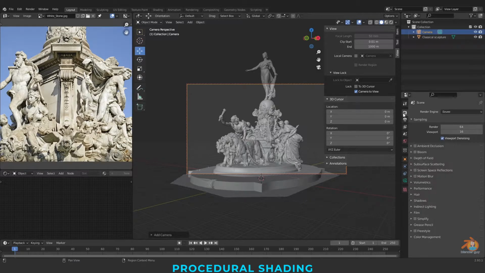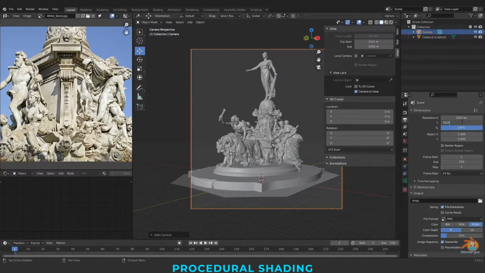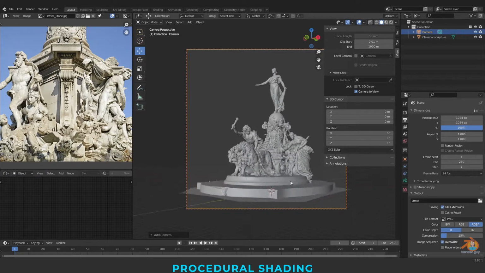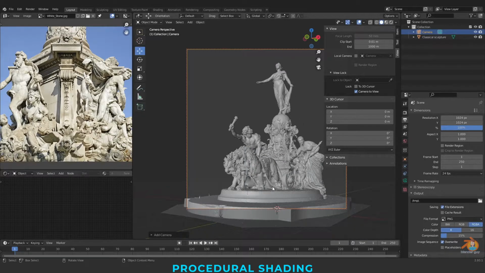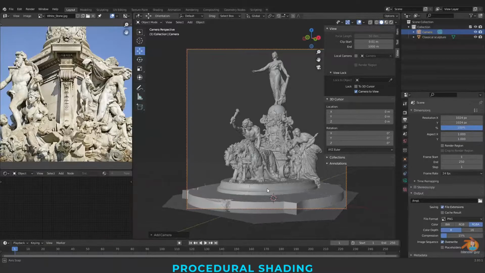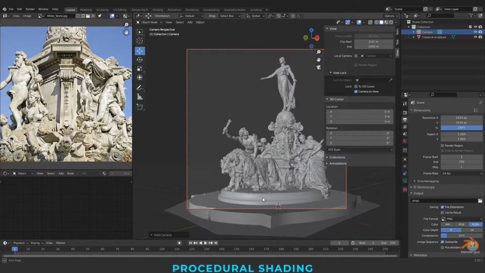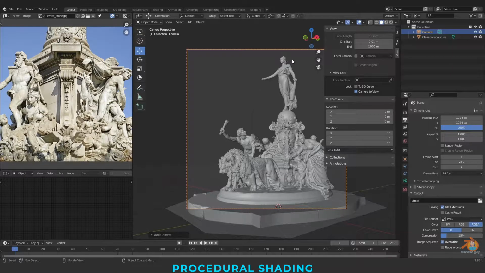And coming to the render settings, I want this render to be square. So in our output properties, I just want it to be 1024 by 1024 square. I'm just placing a rough angle where I can tell the whole story here.